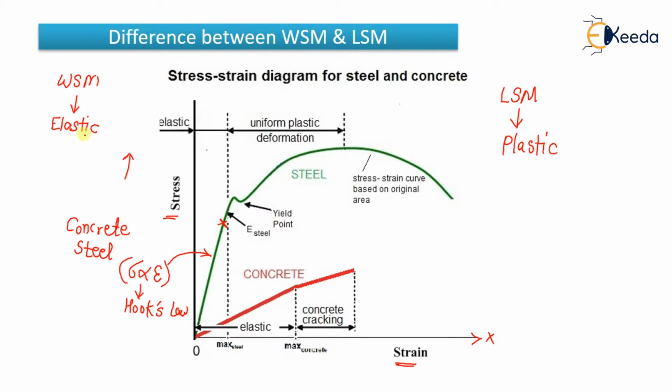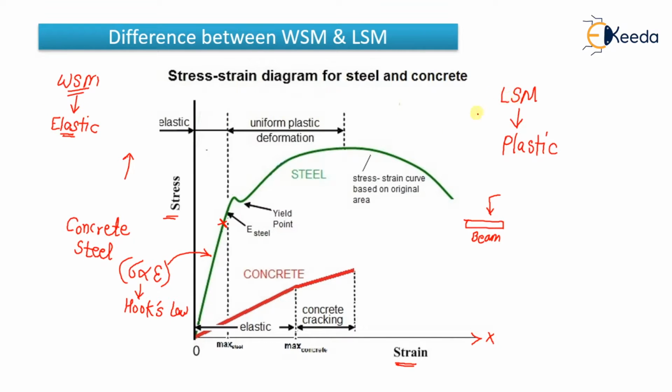But it is in which zone? It is in the elastic zone, meaning after the removal of loading, for example let us consider that this is a beam, and this beam is subjected to an external loading. After the removal of the external load, if the beam regains its original shape, then that means the beam is elastic and it is in the elastic zone. So in working stress method the material is stretched only in the elastic zone, up to the elastic limit. That's why this method is known as elastic design method.